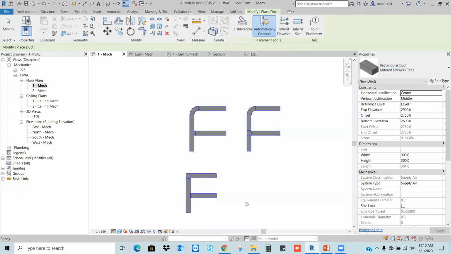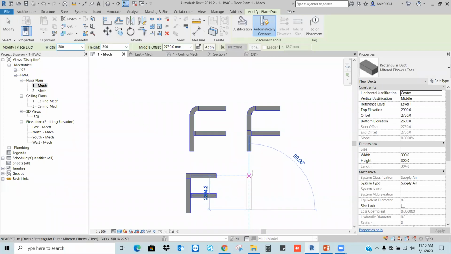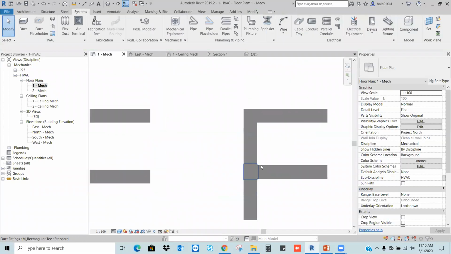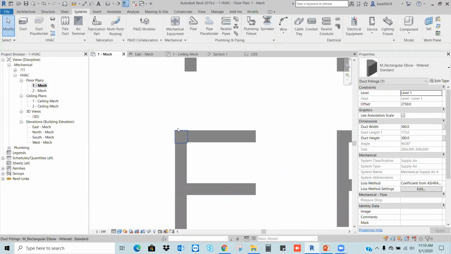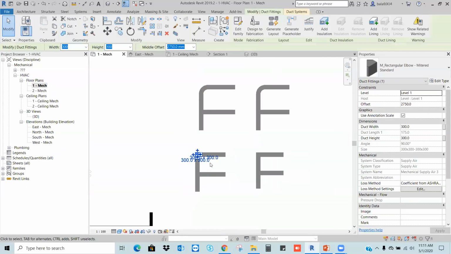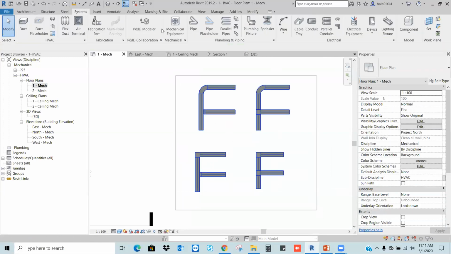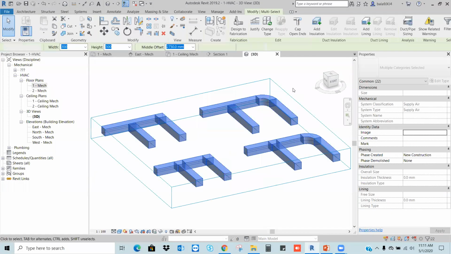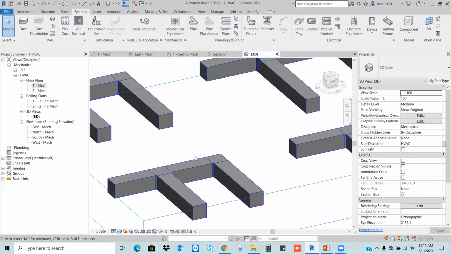Miter elbow T. See, here we are getting the T. This is the miter elbow. Miter elbow means a 90 degree sharp edged elbow. If you want to see it in 3D, you can understand it better. Okay. So, like this.